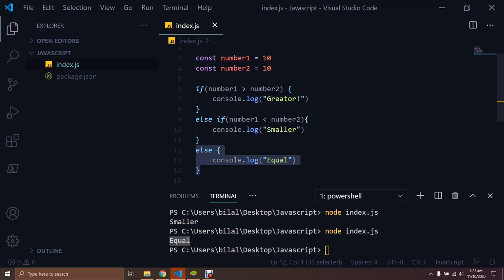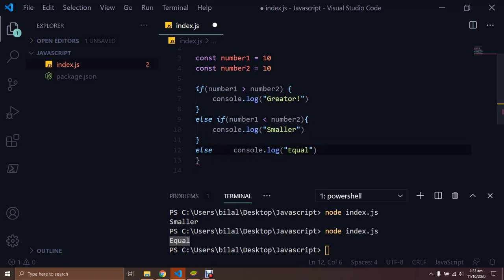Okay, so let's say you have four outcomes to a problem. Then what you will do, you will list your first one within if, your second one within else if, your third one within else if. You will create another else if here like this,